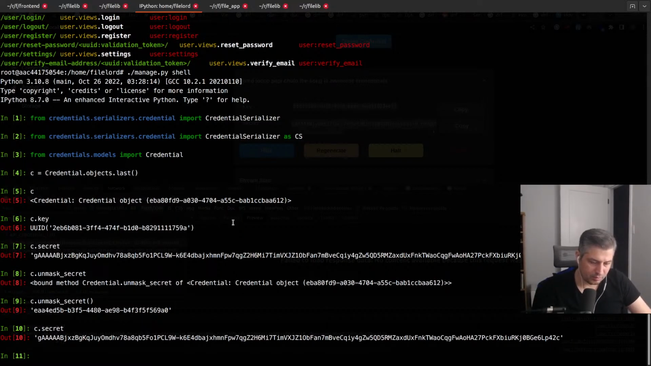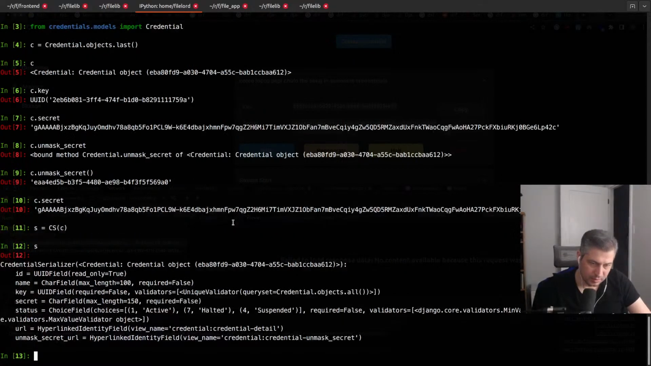Cool. So if I do serializer equals CS, right? And then c. So if I do s,